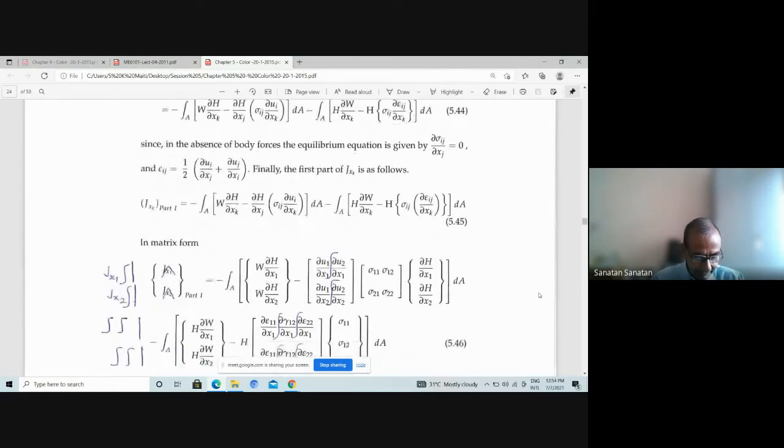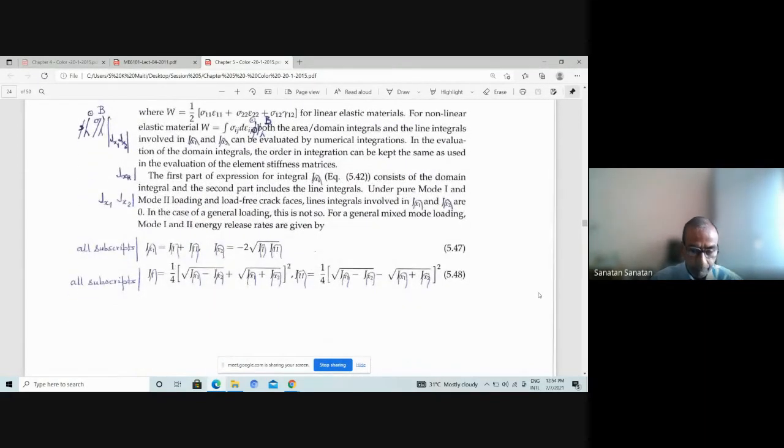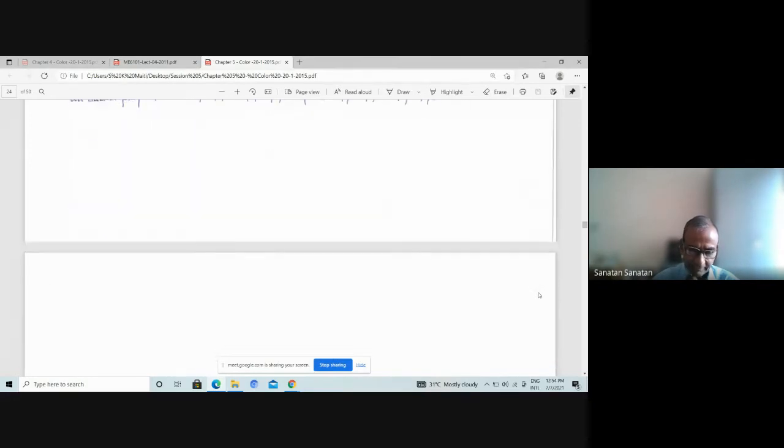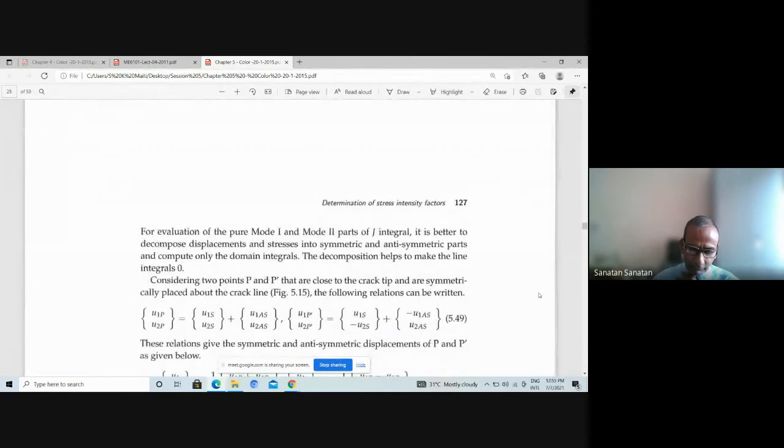I think we should probably have this as the last discussion for today for me, and I don't want to go further on problem solving. I do have problems for solving, but I think this should be good enough. Now that I have discussed both the evaluation of SIF and the other strategies or theories associated with fracture mechanics, I think you will have enough opportunity to ask questions and clarifications.